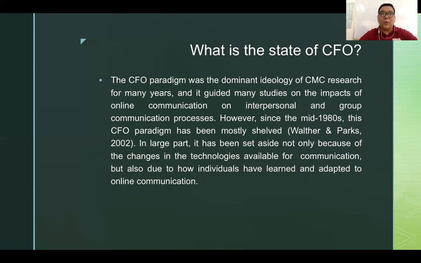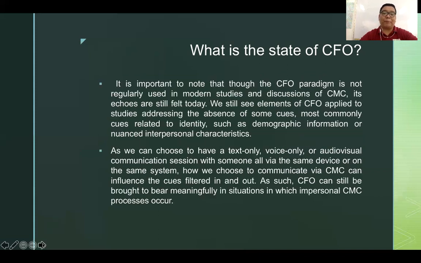So nowadays, we know that many people have been adjusting very well already to different contexts and different communication channels. So if you use IG, for example, or if you use Facebook, or if you use Twitter, depending on what is the nature really of the communication itself, then the person using these different platforms already have the idea why they're using or why they're choosing such platforms. So there's always a reason behind for the use of such platforms.